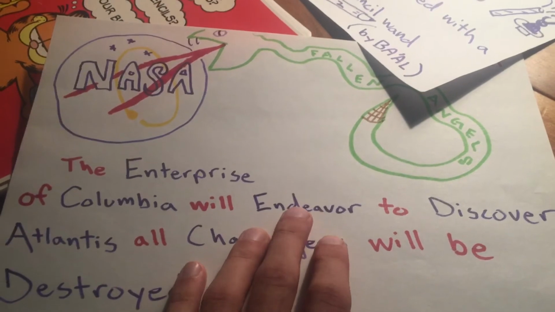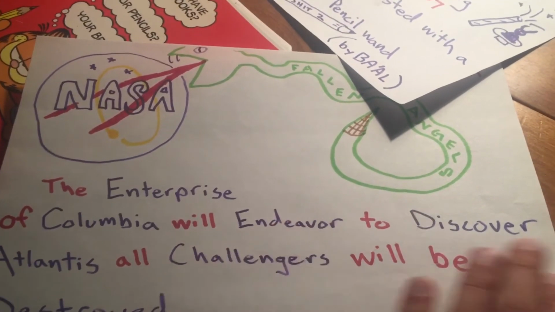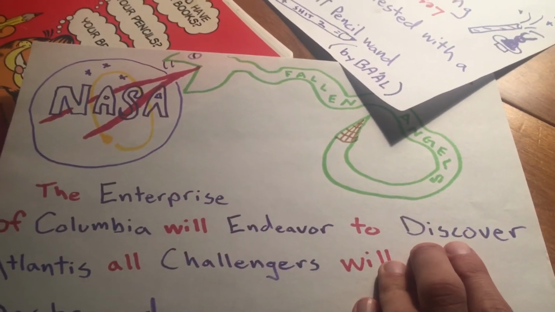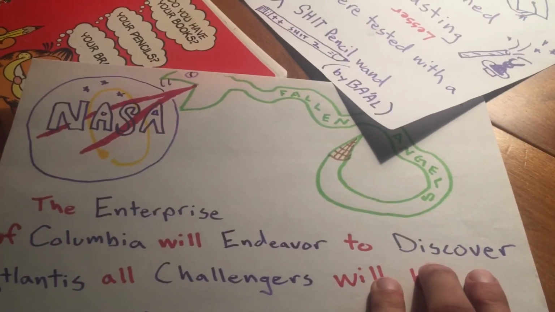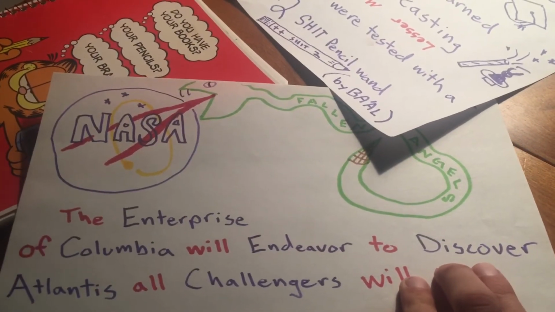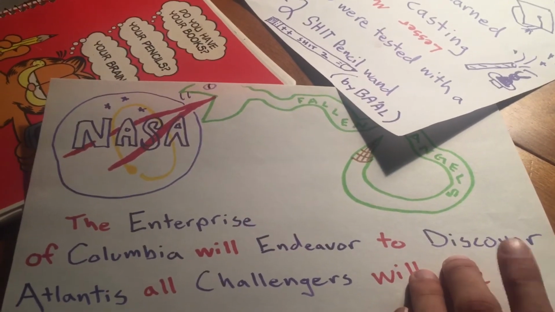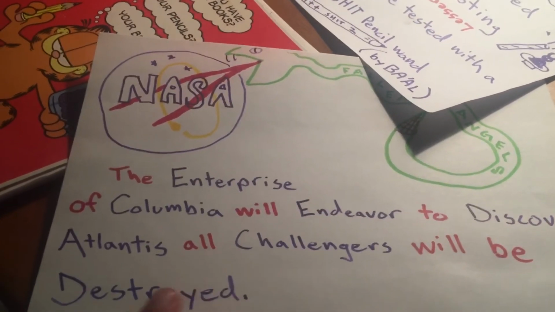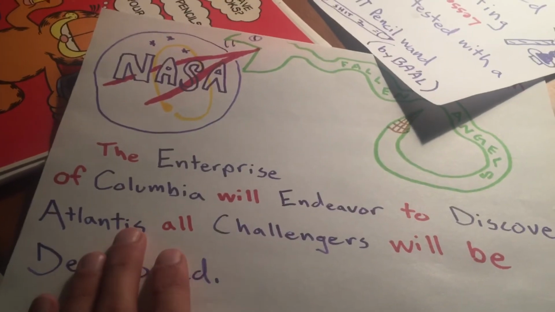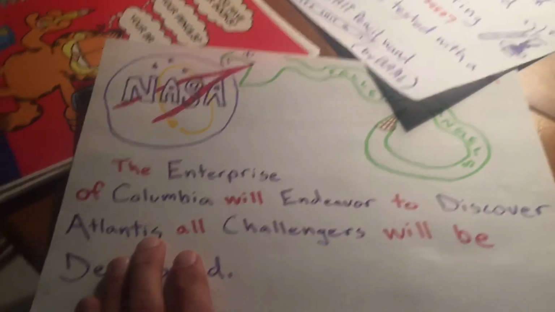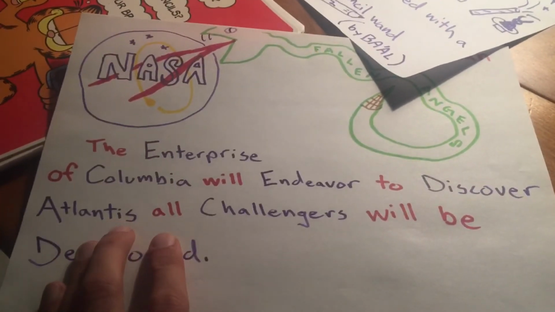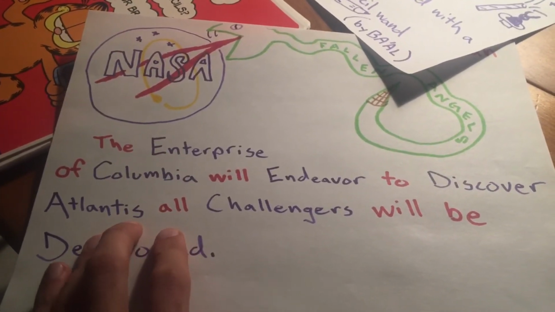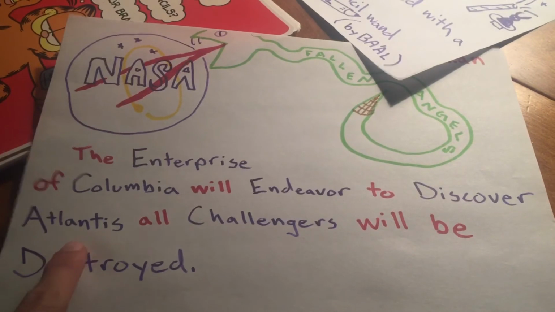And they're going to endeavor, or they're going to try to discover, and discover, if you look up the word, it's with malevolent intent or bad intent, not benevolent. So they're going to discover Atlantis. And Atlantis, what they mean by that is they're going to discover or bring out the one world order, okay,